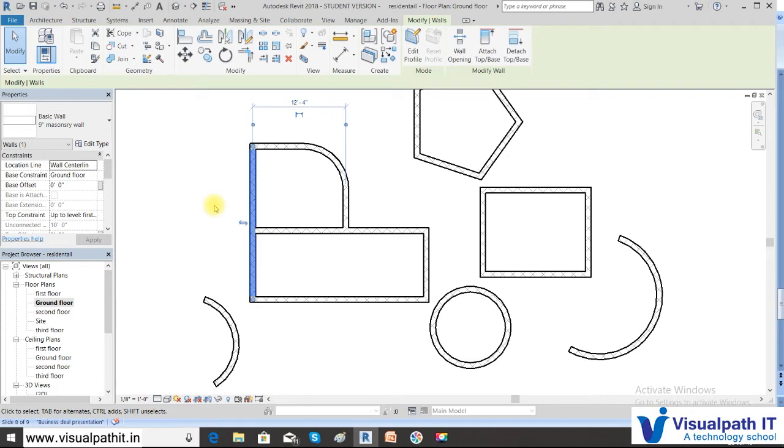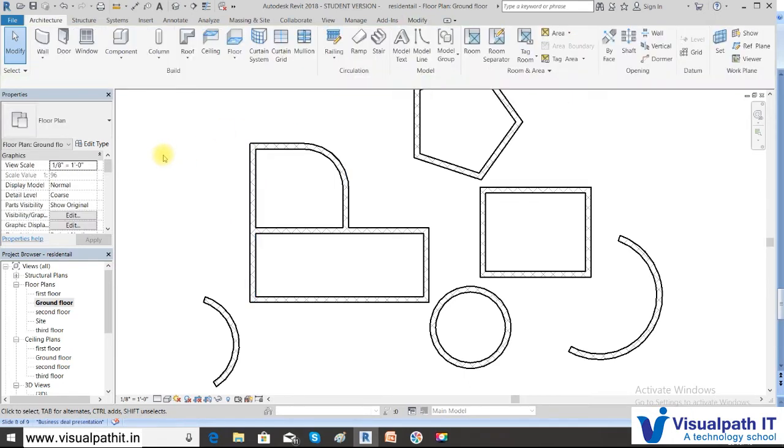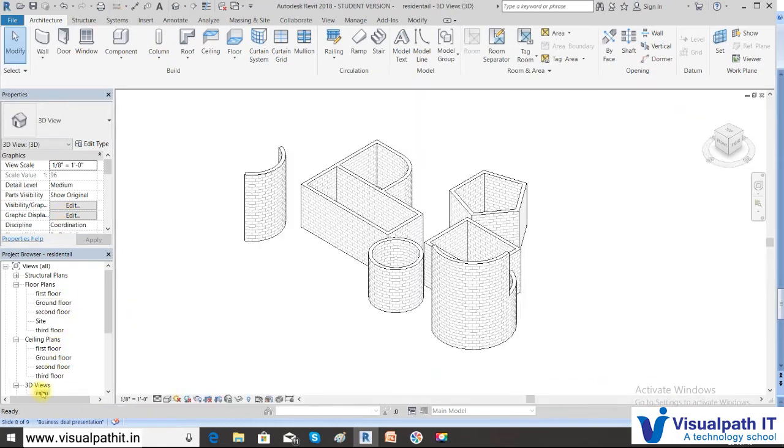Now there is one more editing of the wall which is called edit the profile. So this is very important. So suppose you want to edit like a fort wall, you have decorative walls in the terrace. Okay, so in order to do that, we will see how the editing is done in the 3D view. So this editing can be done only in the 3D view. So go to the 3D view and then select this wall.